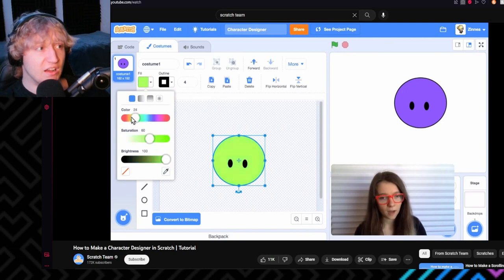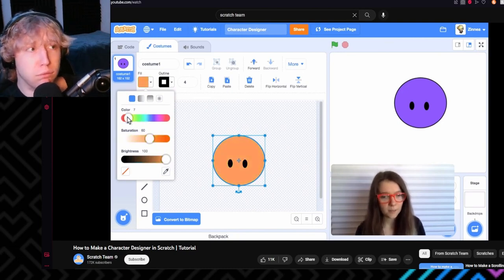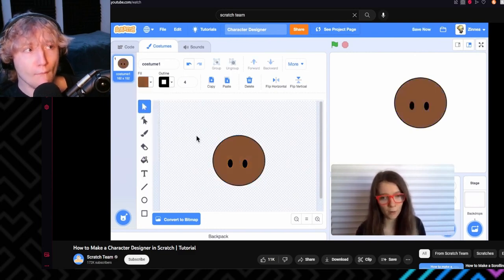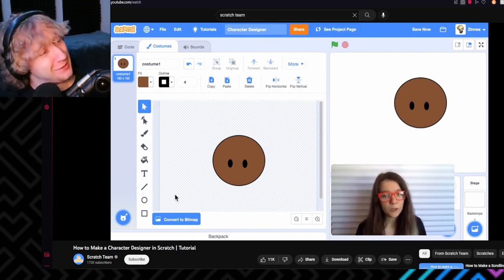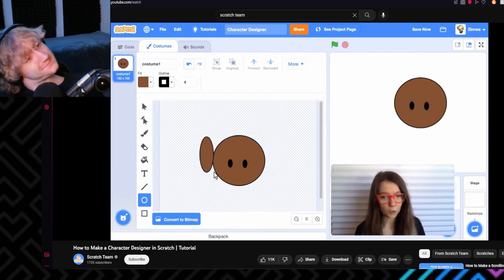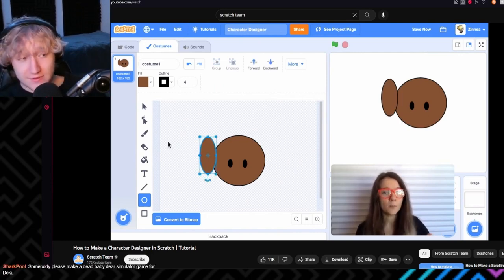To make a brown color, I'll switch the color up here to something in the orange section of the rainbow. And then I can change the brightness to get a darker shade of brown. Okay, so now I want to give the dog sort of floppy ears. How do you make shapes that aren't circles, Zinnia? What you can do is make a circle with the circle tool, and then click on the point editing